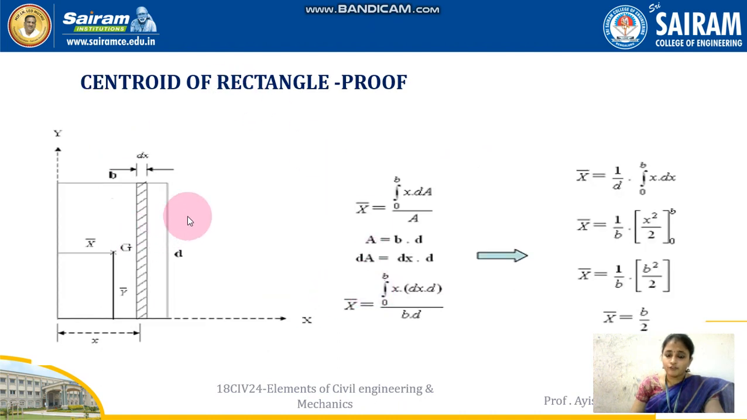So the next proof for the rectangle. Earlier we considered a horizontal rectangular strip, but here we are going to consider a vertical rectangular strip like this, right? So what is the difference between